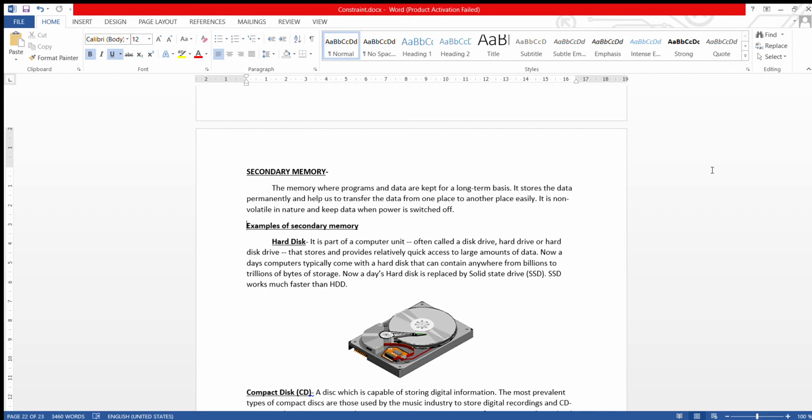It is also known as hard disk drive, or we can call it disk drive also. And this hard disk is a secondary memory, so it stores the data permanently.